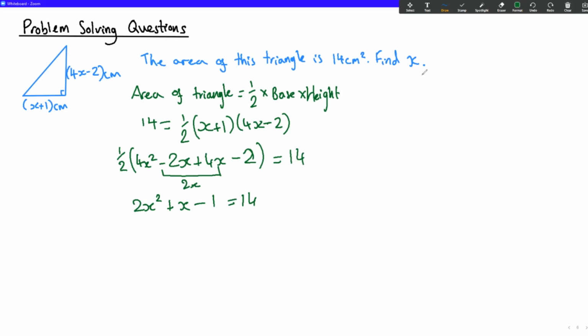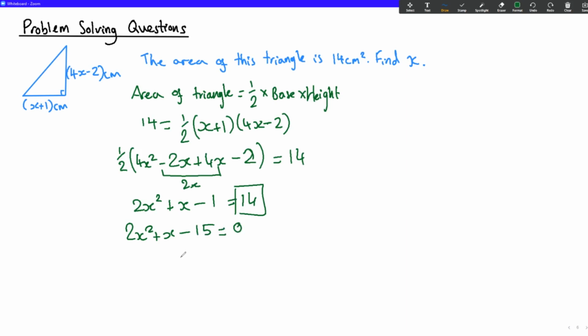Remember, solving finds x, so we want to solve this. But it's not in the right form, because remember, we need it equals 0 on the right. So what we can do is we can just subtract 14 from both sides. So we'll get minus 15 here, and we'll get 0 here. And now